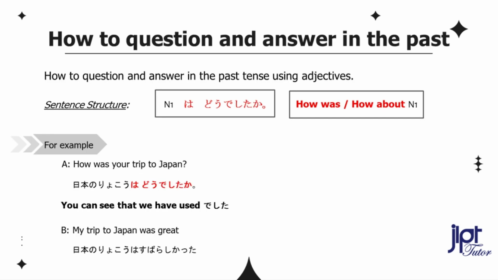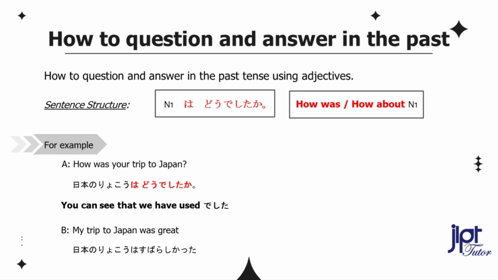How to question and answer in the past tense using adjectives. Now that you know how to give your opinion in Japanese, let's learn how to question and answer in the past tense using adjectives. For example, if someone is asking, how was your trip to Japan? He will say, 日本の旅行はどうでしたか？